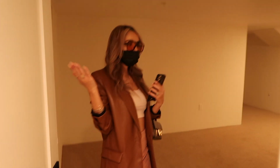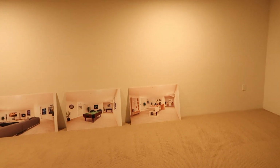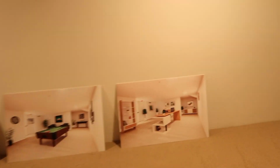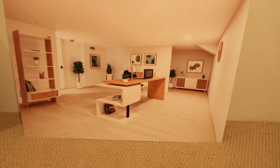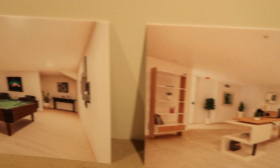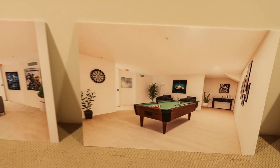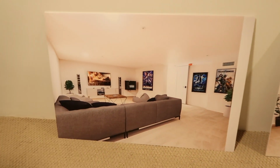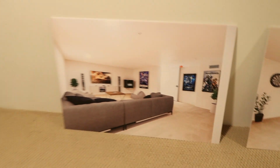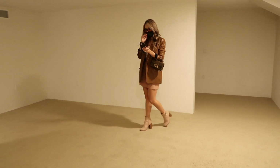This is the mystery room. You see, there's actually nothing here. What would you choose? Option number one: this is the ceiling. I'm touching it, so it's very low. And this is the picture they put here, what you could do here. Number two: I don't know what people would put here, but you could have a playroom, a kids' playroom, or